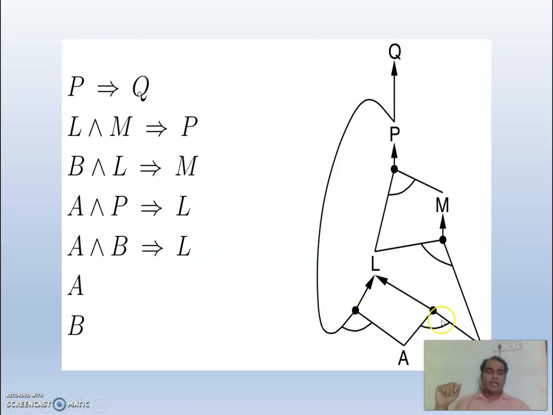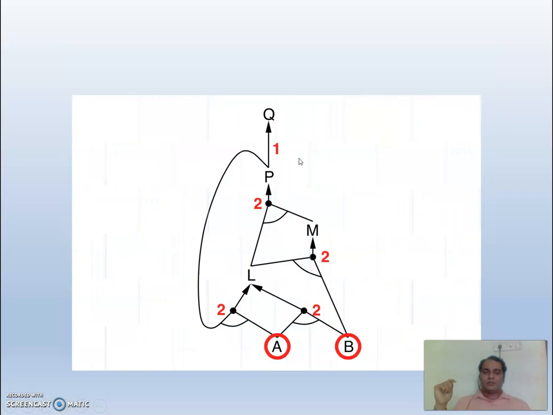Now what we will do, we will have this sort of graph. We are making use of these facts A, B, we need to reach Q. So we will do it in this way. How many premises are leading us to L? That number we will give here, and once we apply the premise, we will reduce the number. So please observe this. If I am having L, then L is reached by A conjunction with P and A conjunction with B. So I can give 2 here. Likewise, the values are given. For example, P to Q, I have only one implication. So 1. When I fire this, I will make it 0. So likewise, I can show it. So this is what happens.